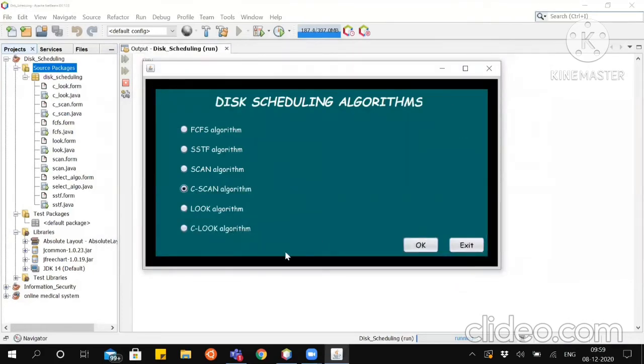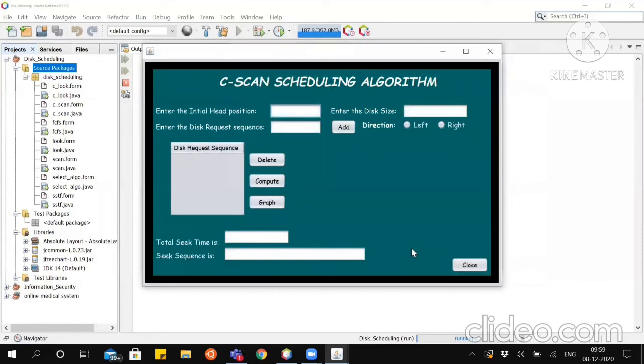So moving on to the next algorithm, which is C-scan, also known as circular scan. The C in C-scan stands for circular. It is similar to the scan, but the difference is that the arm moves in a particular direction to address the requests, and on reaching the end of the disk, it reverses its direction, moves towards the other end of the disk, addressing no requests, and then again starts to address the remaining requests. So I will just show you the execution of this algorithm and you will get a better picture of how it occurs.